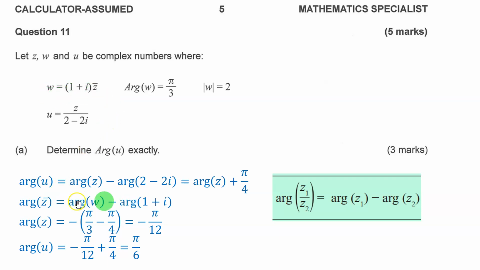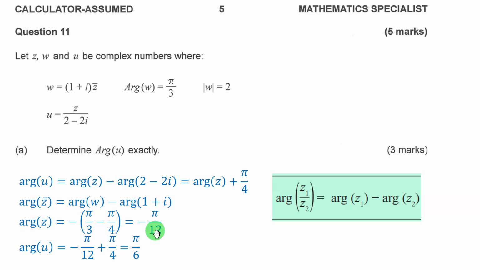So we need to subtract those arguments. The argument of the conjugate will be arg of w minus arg of 1 plus i. Of course 1 plus i is positive pi by 4, but again we're subtracting it here. Then the argument of z, now this is the conjugate, so to get the argument of z we just need to negate this one. So it's negative, and then the argument of w we're told is pi by 3, and the argument of 1 plus i is pi by 4, and the difference is pi by 12,